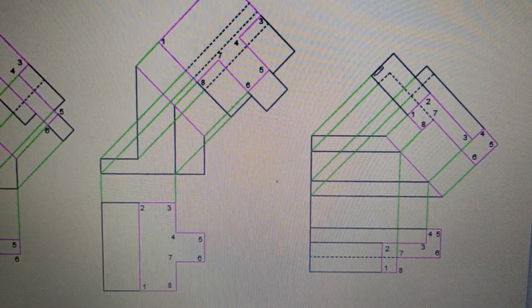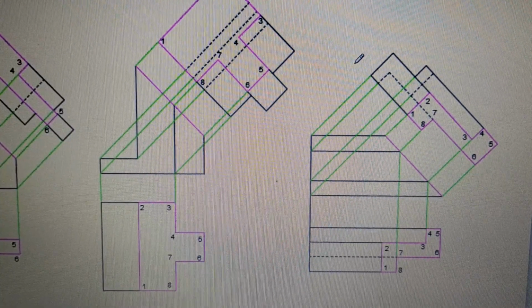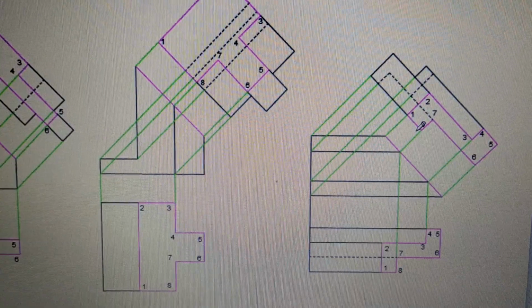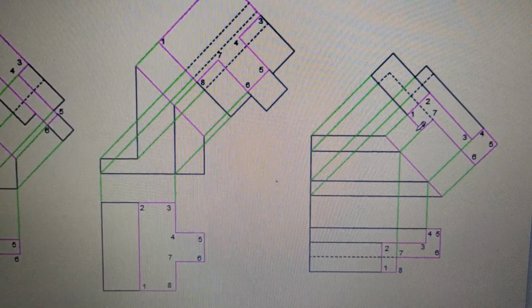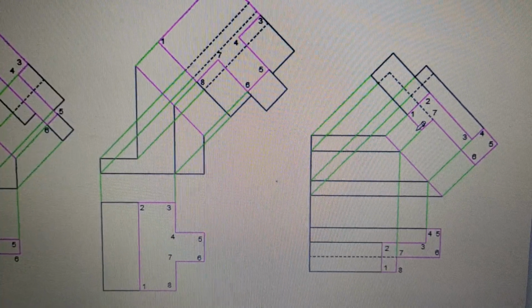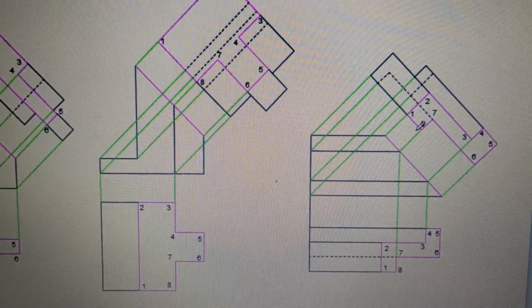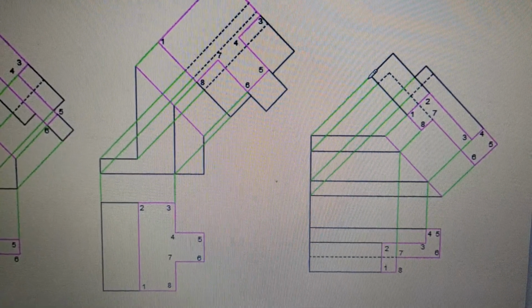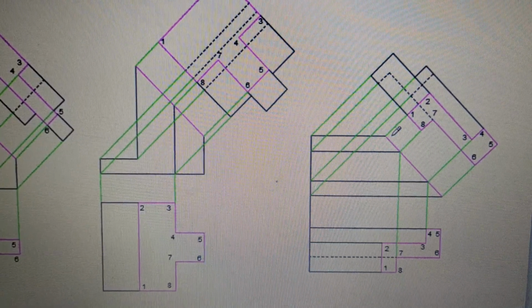Imagine that you have to draw this figure while imagining this figure. So you are making use of point names, and at the same time you are imagining. Both these things should happen simultaneously. You cannot solve this problem without imagining anything. You have to imagine this object in front of your eyes, and at the same time make use of these points, and then you will be able to draw this figure. So we have drawn this top surface like this.